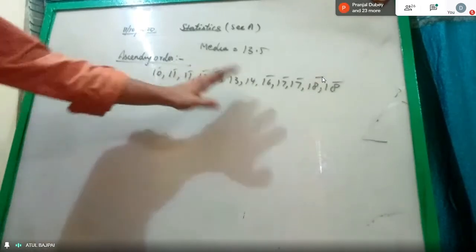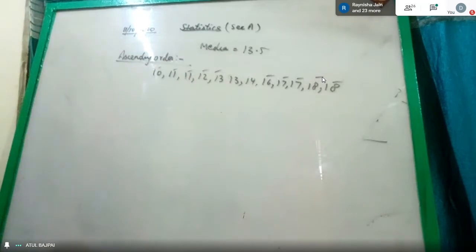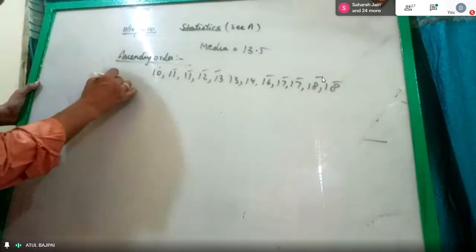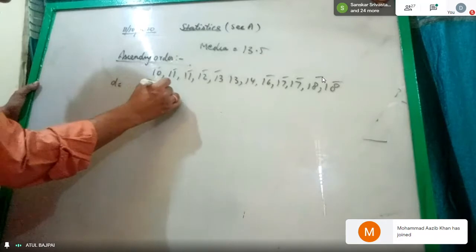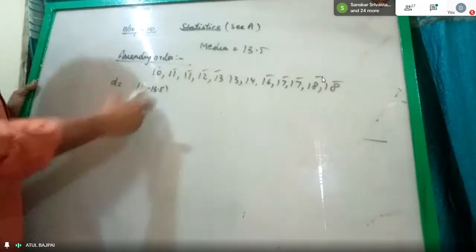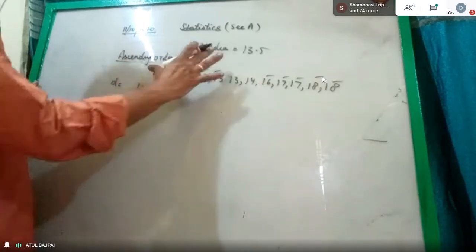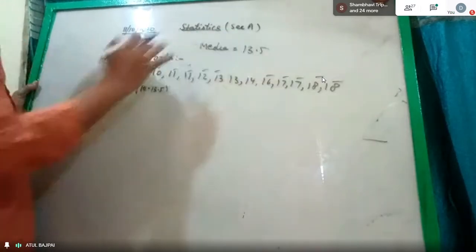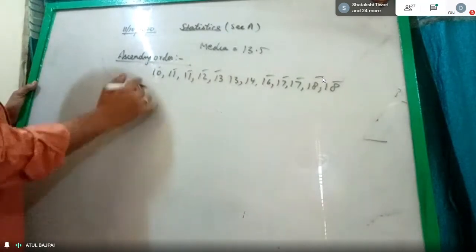Sixth observation plus seventh observation upon 2, or you can use this working trick and find the answer. Now, we have to find the deviation from this. That means I have to find the deviation of 10 minus 13.5. For mean deviation about median, first we find the median, which is 10. What is the difference of 10 and 13.5 with mod values, not the negative values? So I will get 3.5 over here.